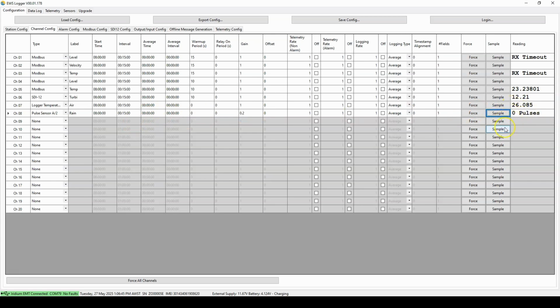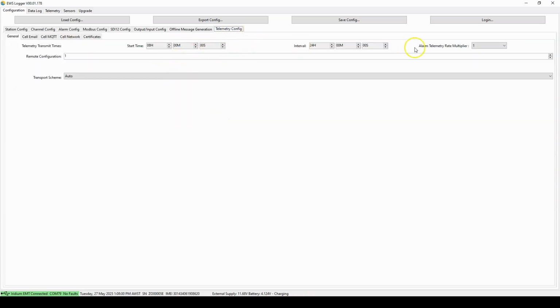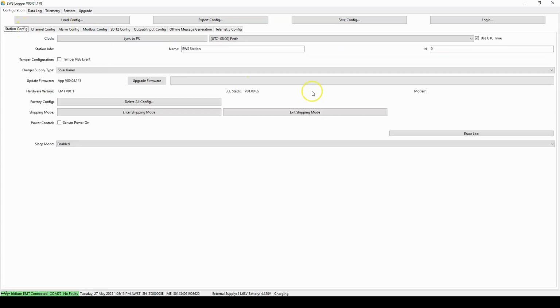Now that we are using the full power of the EMT, I'm going to add a supply voltage channel on 3-hour increments to keep an eye on how much available power we have to recharge the battery. Next, I'm going to go to the telemetry page and set up the device to transmit every 3 hours. And finally, back on the station config, I'll hit the enter shipping mode button and I'm ready to hand off